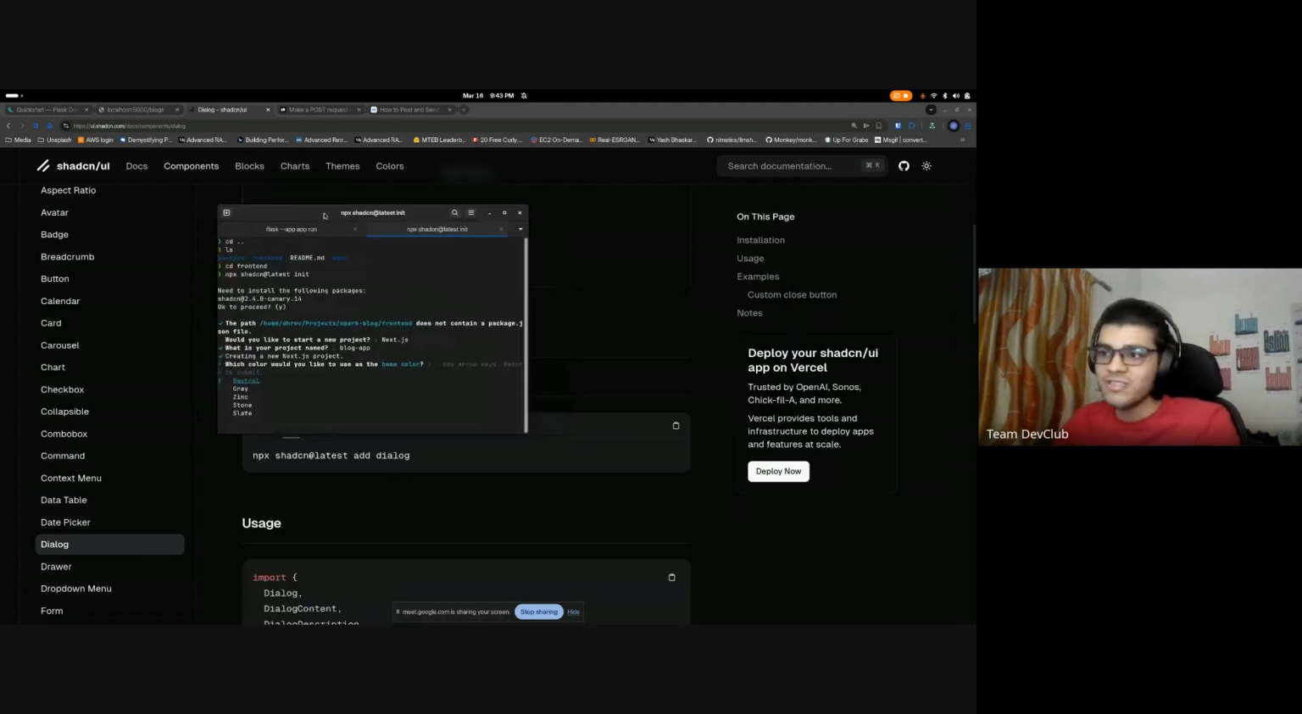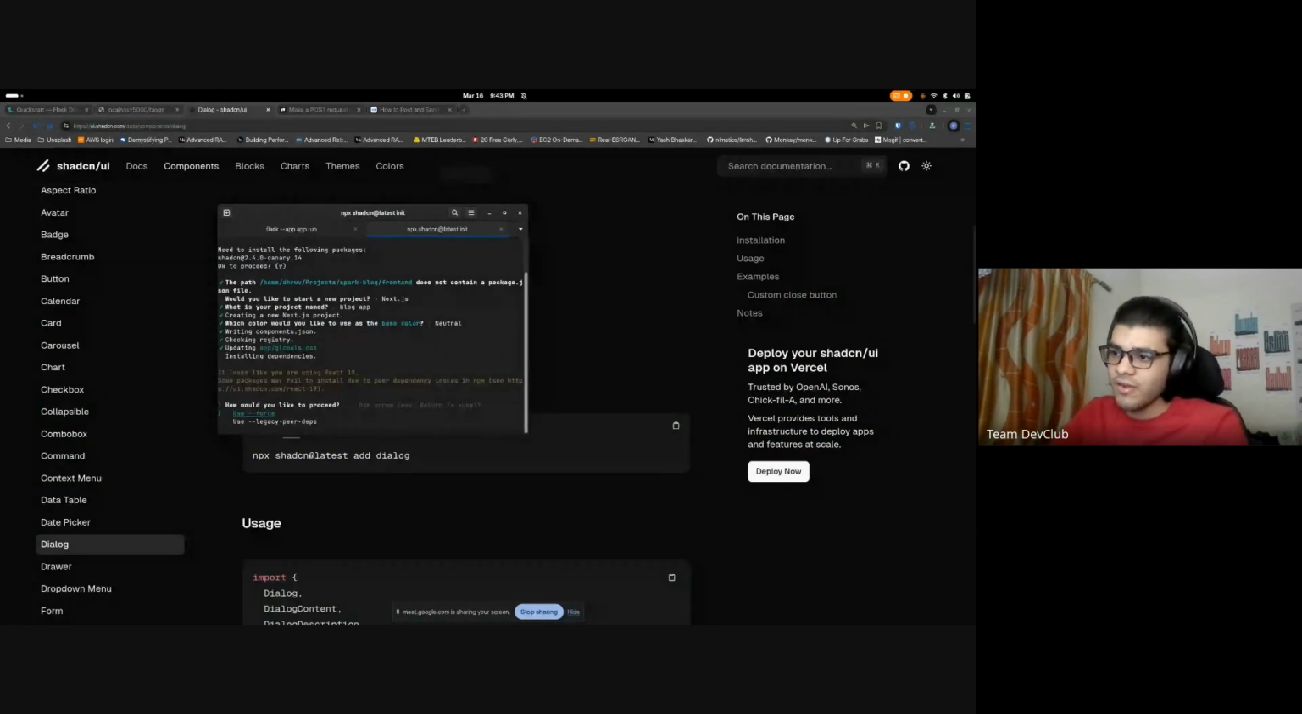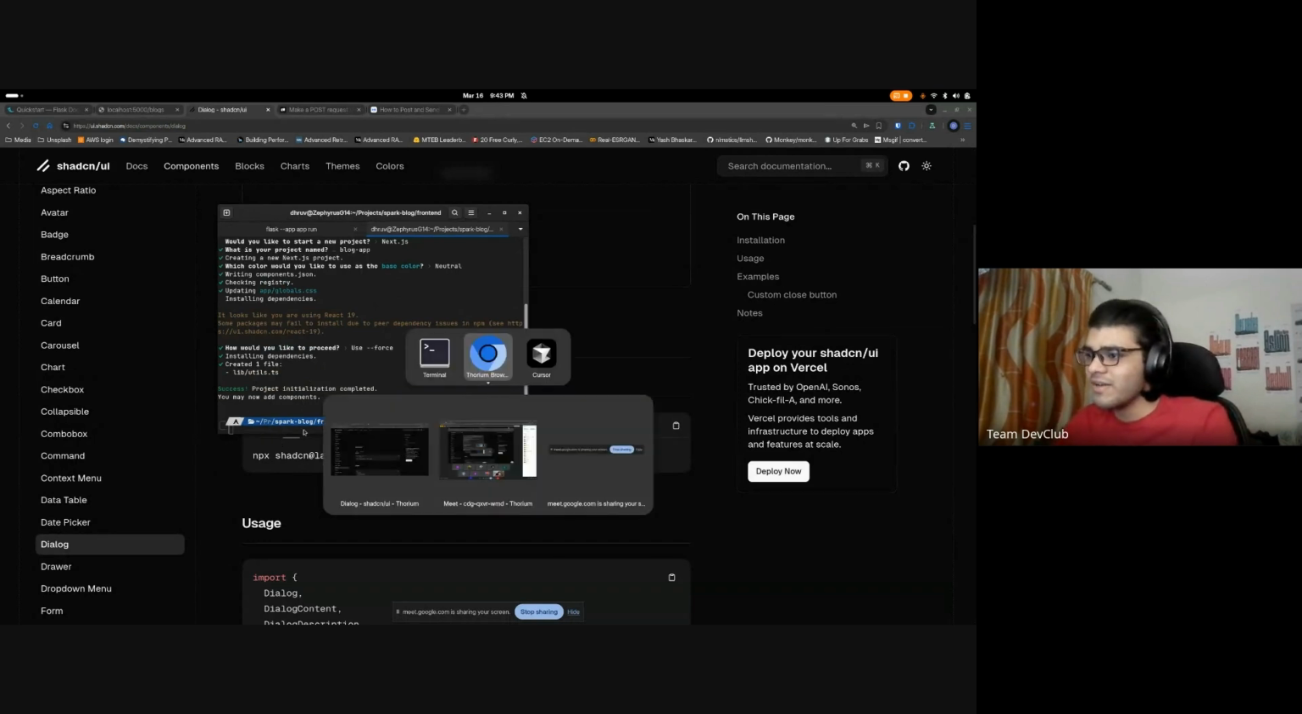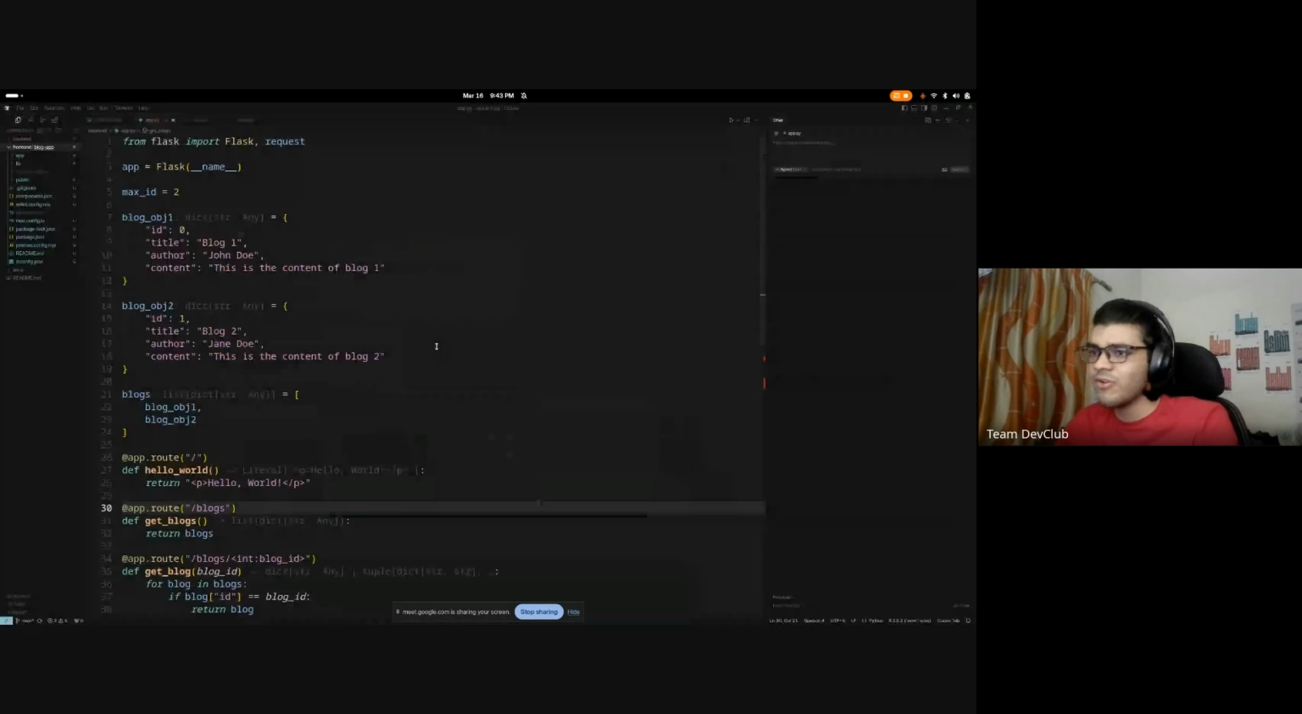Right. It just finished creating it. It will also ask you some questions about your color schemes. I would say just go with the defaults always because the defaults are quite good. So the project's been created. So now what we can do is we'll go back to Cursor,